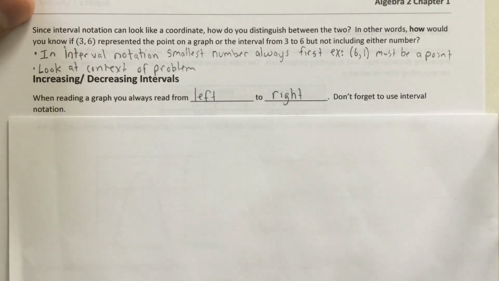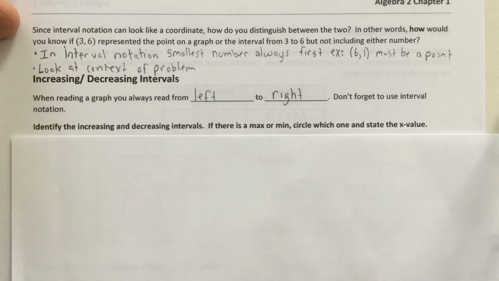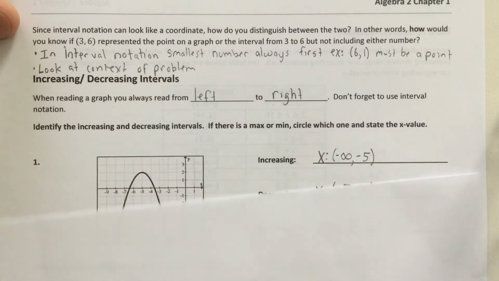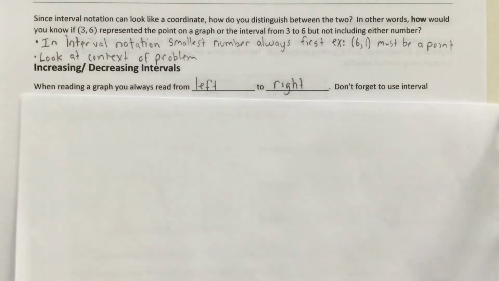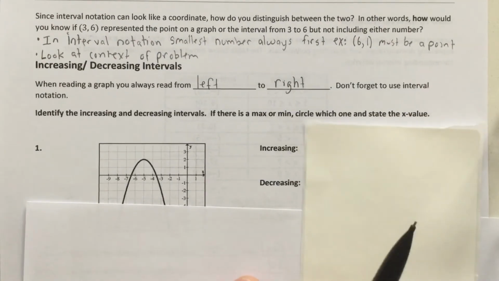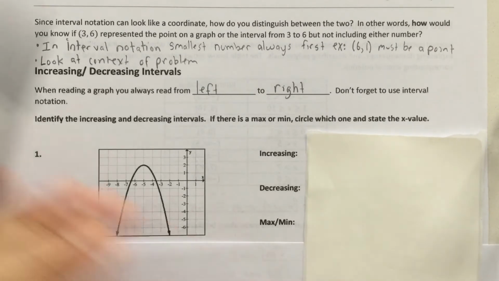So when reading a graph, just like a book, you read from left to right. Don't forget, we're going to use interval notation. That's why we learned it. Identify the increasing and decreasing intervals, and if there's a min or a max, circle which one and state that value. So we're going to do that right here. So we have a graph,